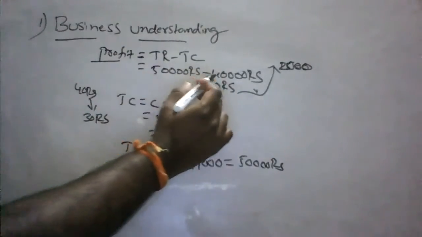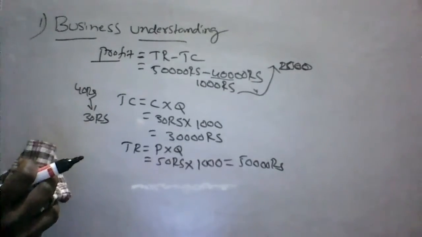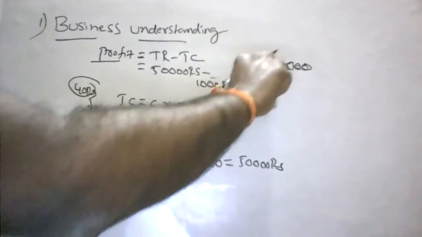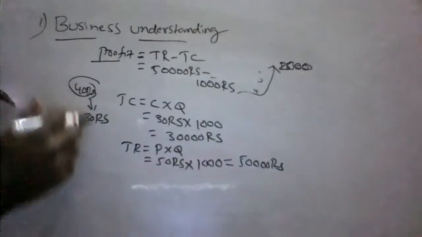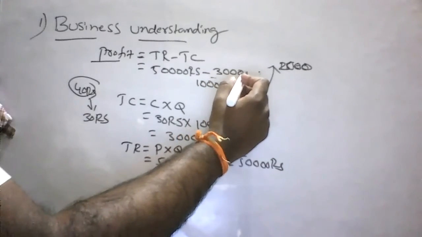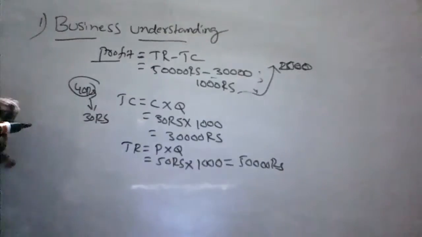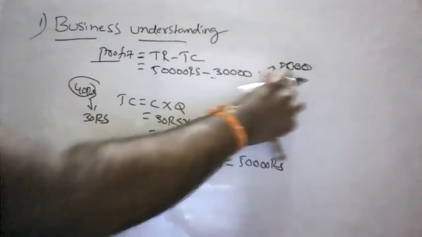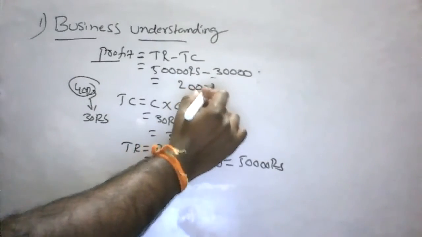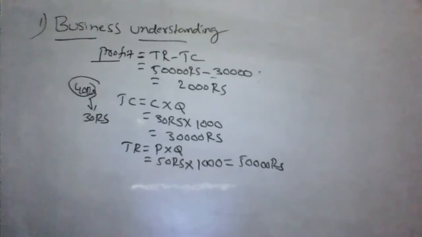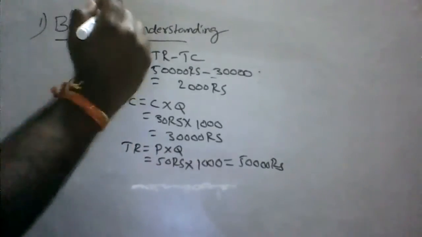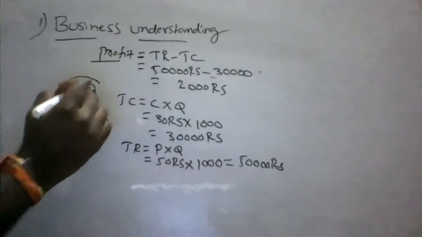Here my cost of production has decreased from 40,000 rupees to 30,000 rupees. Why? Because I have decreased my cost of production from 40 rupees to 30 rupees, right? I am producing 1,000 pieces with only 30,000 rupees. Now, earlier I got only 1,000 rupees profit. Now I am getting 2,000 rupees profit after selling the 1,000 quantities. See, without increasing the price from 50 rupees to 60 rupees, I have just decreased my cost of production from 40 rupees to 30 rupees.